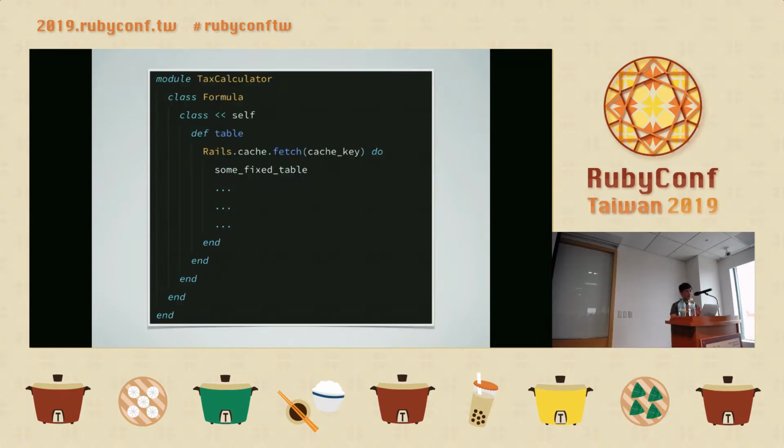So we know caching in Rails is very common. Even more natively, we use Rails cache that can connect to any storage backend we want. The strange thing is, do we always need this cache when something can be stored locally in a file or a constant, or even a YAML file?